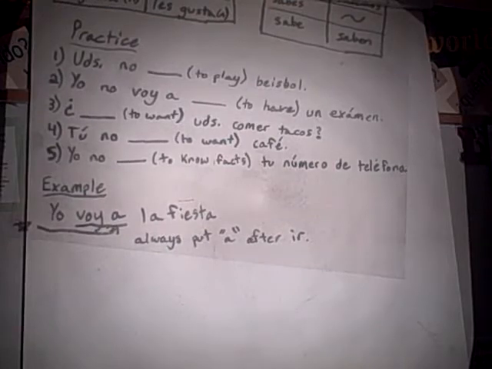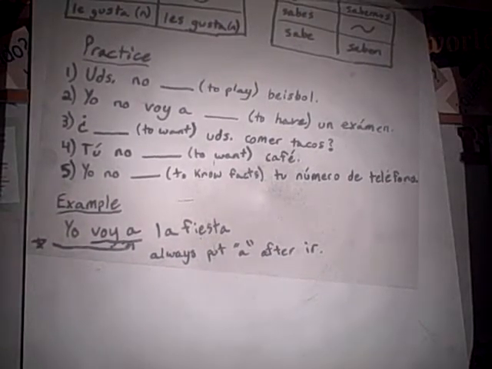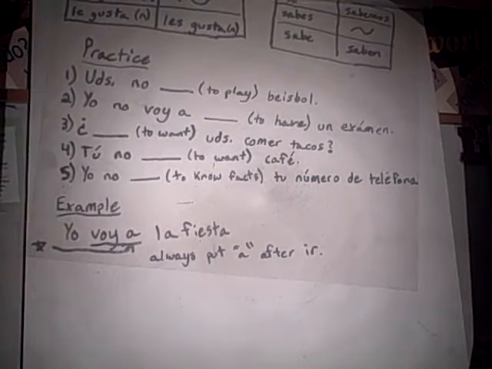And after ir, when it changes to voy, you always put an a after, because you're always going to a place or going to do something. So the a means to, like you're going to do something. Now with the verb to go, a means to. To has different meanings in Spanish depending on how you use it. Like if you're going to use it with time, it's one word. If you're going to use it with going to a place, it's another. But there are different meanings, like por and para can also mean to, can also mean for, can also mean by. There are different meanings depending on how you use it and what phrase it's with. But the a here always means to, with the verb to go.